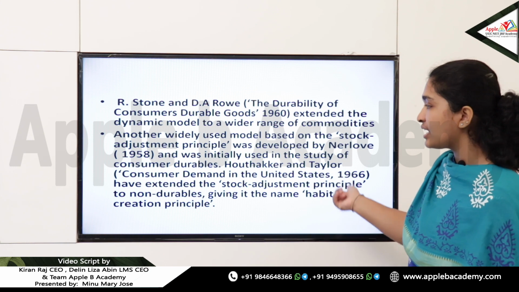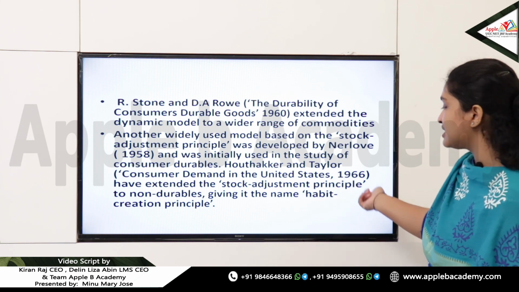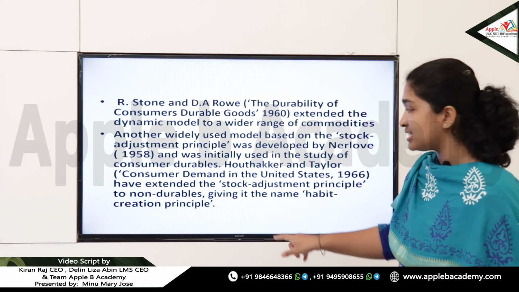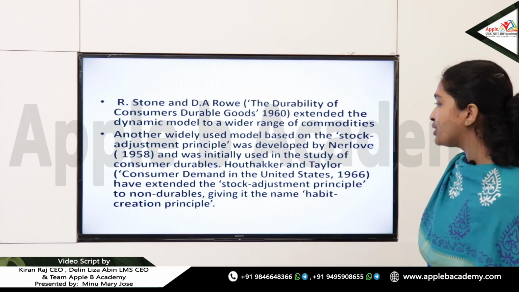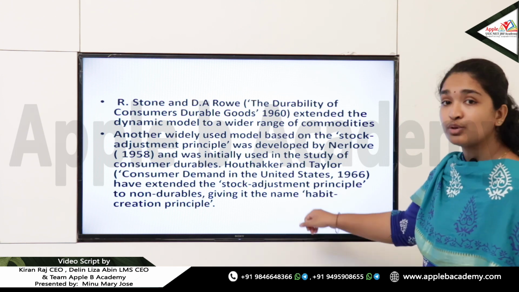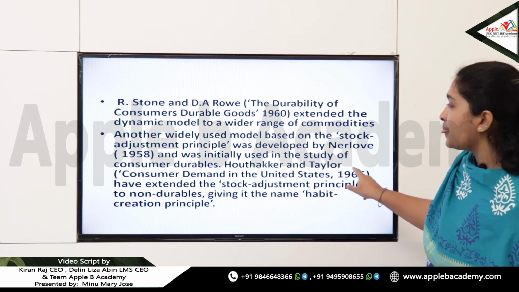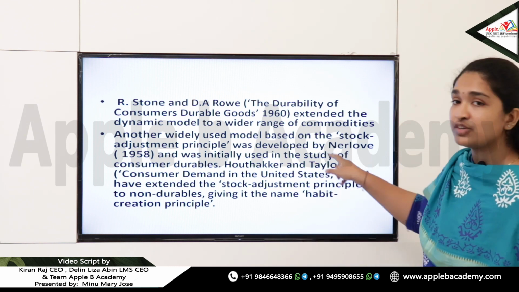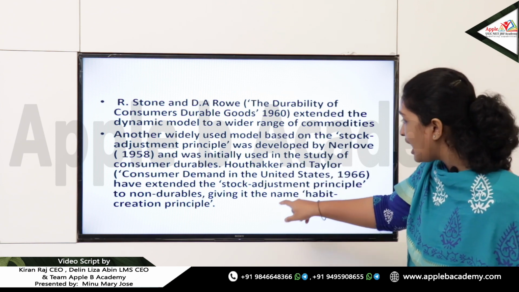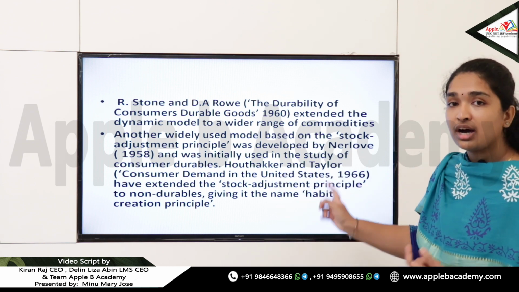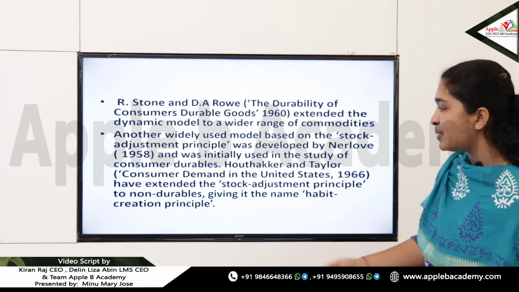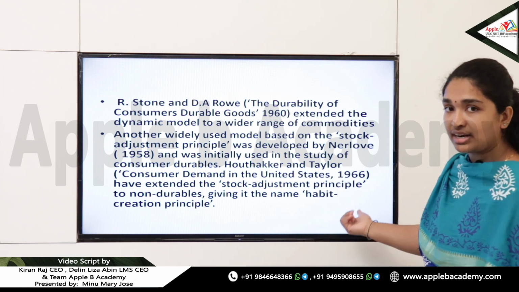And then came Houthakker and Taylor's Consumer Demand in the United States in 1966, who extended this stock adjustment principle to non-durables as well, and also gave the name of habit creation principle. So the stock adjustment principle is associated with Nerlove, which came up in 1958. The habit creation principle, which explains non-durables, was given by Houthakker and Taylor in